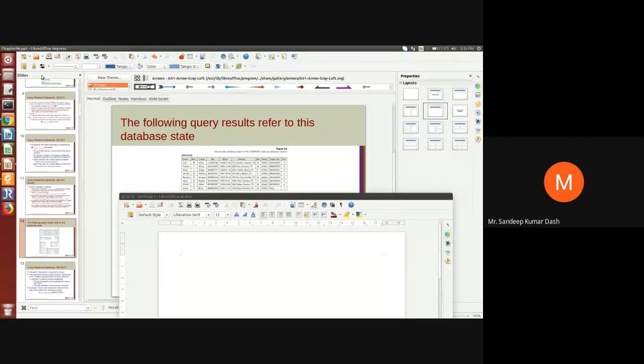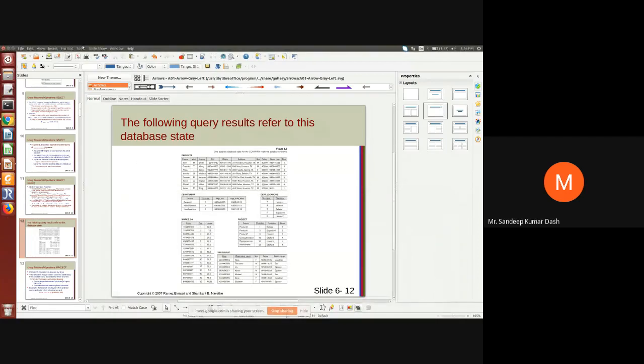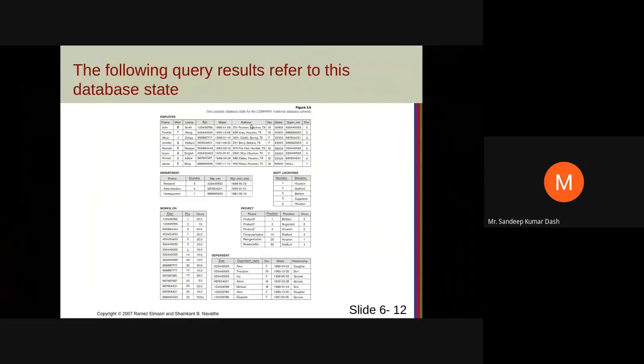I have not required. Salary greater than 30,000. Yeah, this one is one. Franklin. This one is one. Okay. Salary greater than 30,000. Fine.